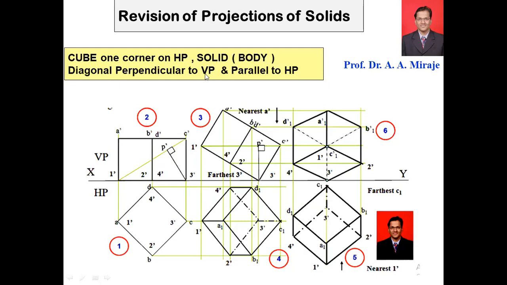So that solid diagonal is perpendicular to VP, so it is a point view on the VP. So this is that 1 dash and C dash. Then these two lines, as I told you previously, this line is inclined at angle 30. We'll see how. This line is also inclined at angle 30. That also we'll see. So this is a small revision from the projection of solids. A similar diagram I will explain in the next slide now.